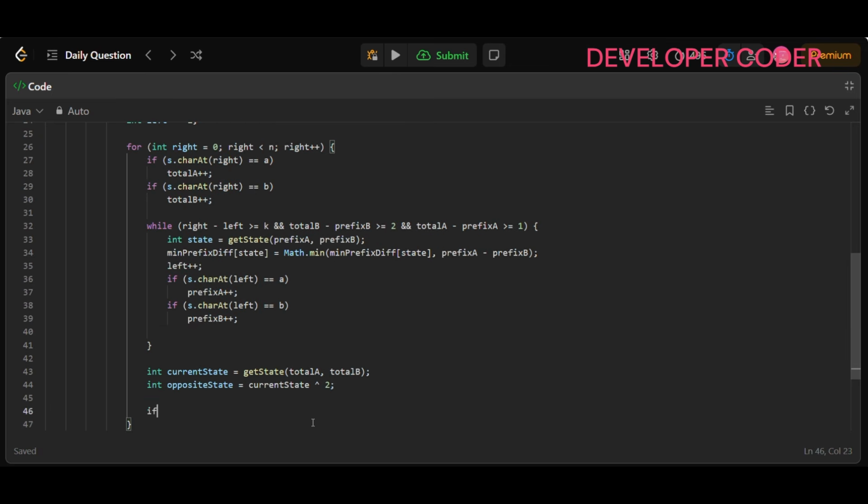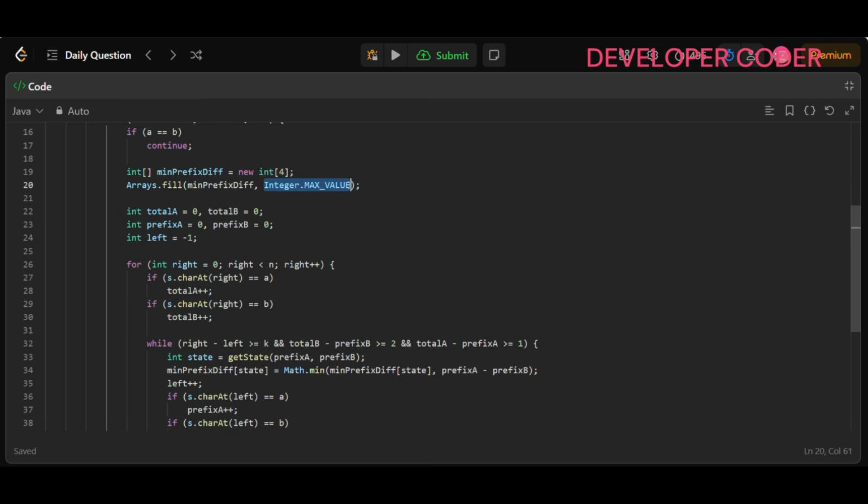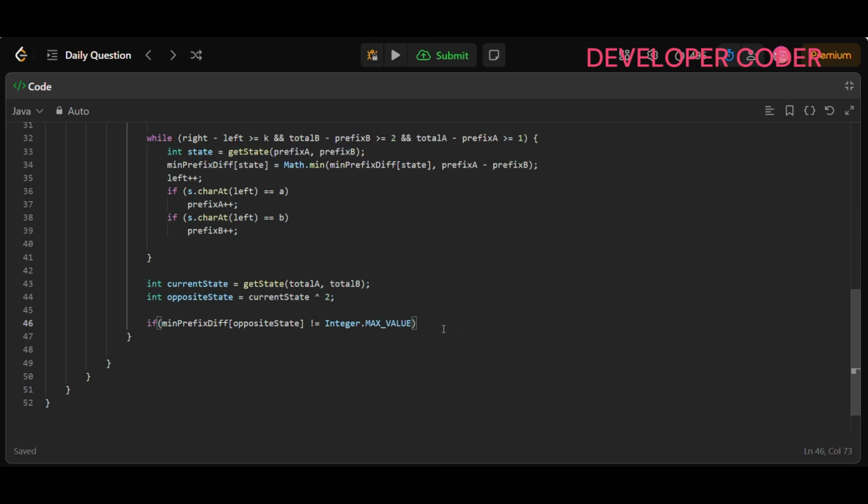And then here you have to update the min prefix difference. Just make sure that your min prefix difference of opposite state should not be Integer.MAX_VALUE, infinity. So here this is what you need to check: min prefix of opposite state value should not be equal to Integer.MAX_VALUE. Then you don't need to consider it. Otherwise, if this is not the case,